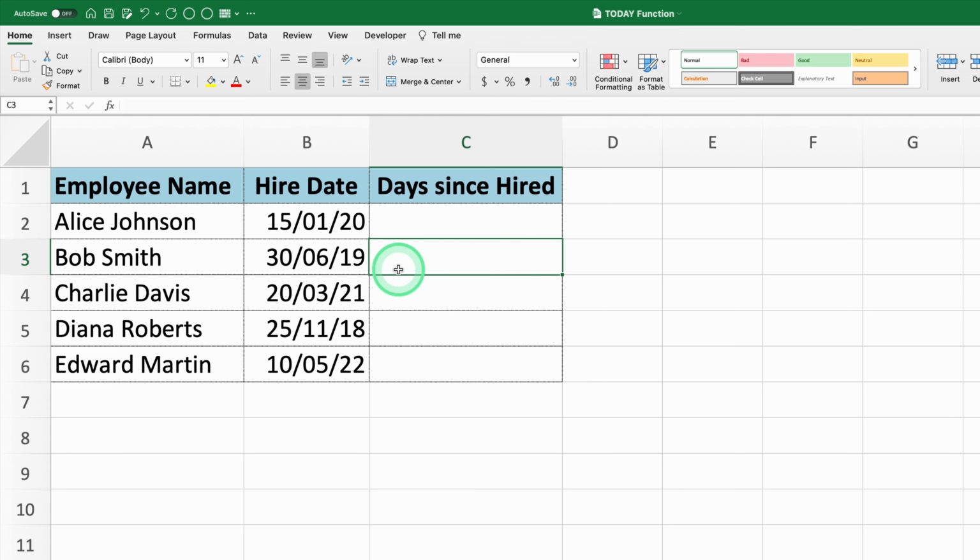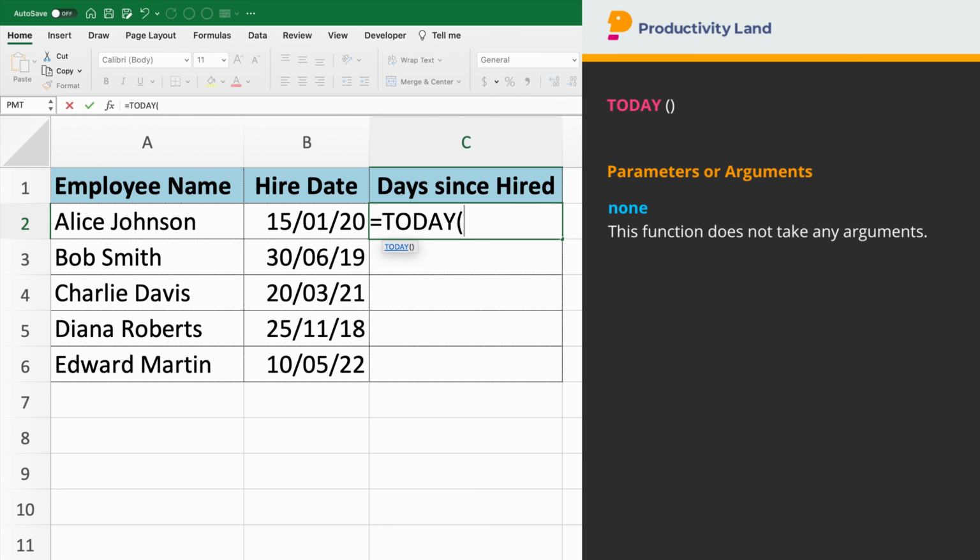To get started, let's begin by entering the TODAY command. The TODAY function takes no parameters and returns the current date. To use it, type equals TODAY, open and close parentheses in the cell where you want the current date to appear. Since we want to calculate the difference between today's date and the hire date, we'll use this function in